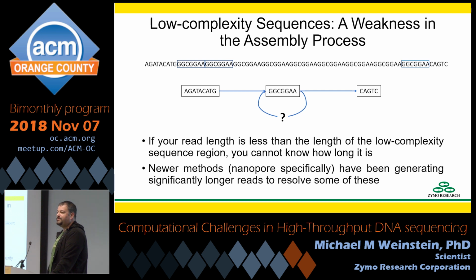So is this a 1,000,000 base block? Or is this just a 100,000 base block? It's hard to say if you can't read all the way through it. This was a huge problem with genome assembly before. Having nanopore now is helping a little bit because we can get through a lot of these very long stretches, so at least we can say this is a block of at least 100,000. Or occasionally we can read from one end to the other and have a pretty good idea what the size is supposed to be, but this is one major weakness.